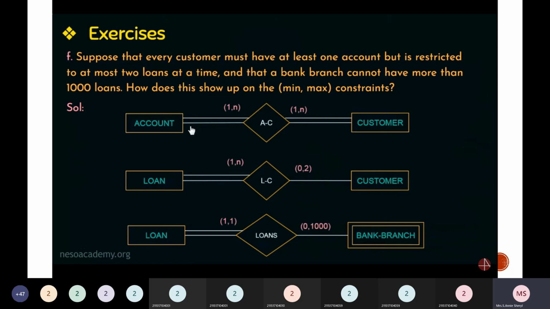of customers, but the customer is eligible for having only one or two loans associated with him, either your personal loan or any other loan, a housing loan, or any loans that are with an appreciating asset or a depreciating asset. Next one is that they want to show the min max constraint between the loan and